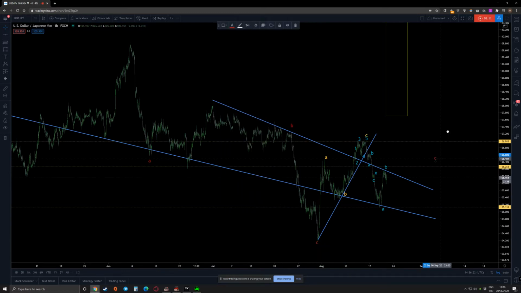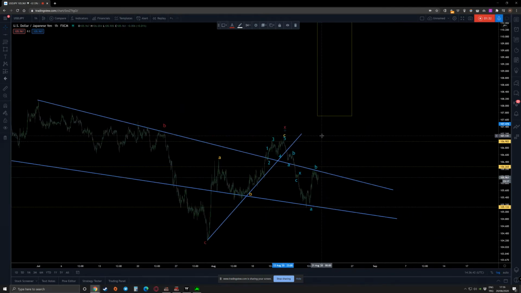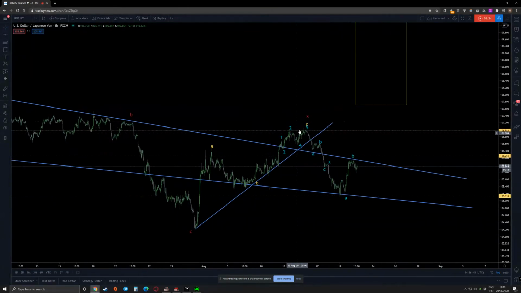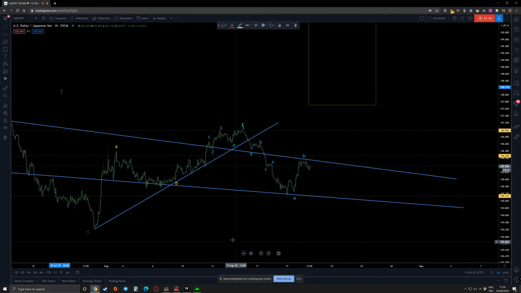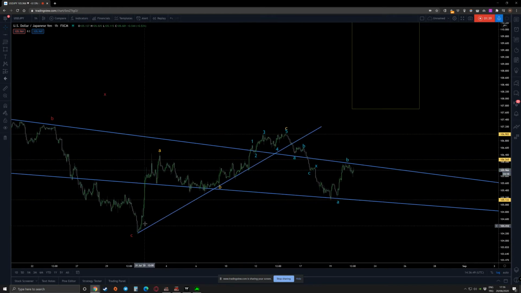Whatever this move was, it is an X wave, and I don't know if after this we will have a wave A, B, C, D, E. I don't know, but it looks like we may have a triangle after this. That's my opinion, but for this degree I am not so sure. But on the lower degree it looks like we have something like wave A, wave B and a wave C, and this wave C move